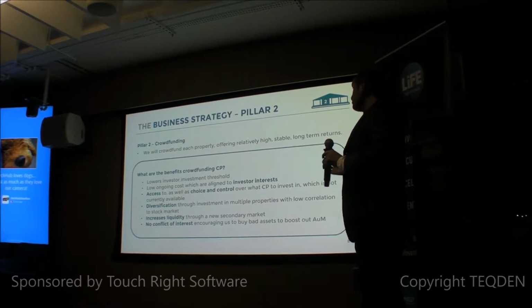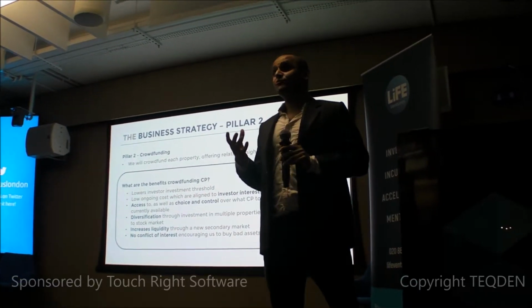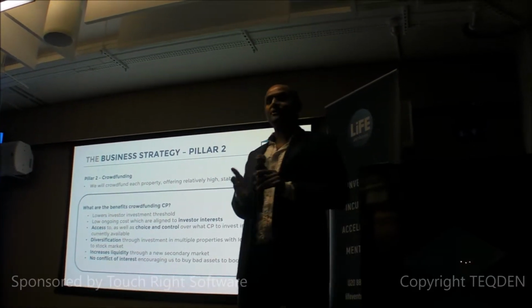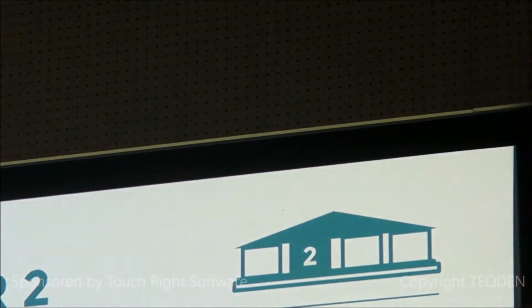You get access to a large number of properties rather than investing a large sum of money in one property and then being at risk if the underlying tenant defaults. You have access to a lot of different properties where you can spread the risk and get exposure to a lot of different things. And this is the one thing which we think will really add value, increase the liquidity by creating a secondary market so that you can buy and sell your underlying investment on the secondary market, which